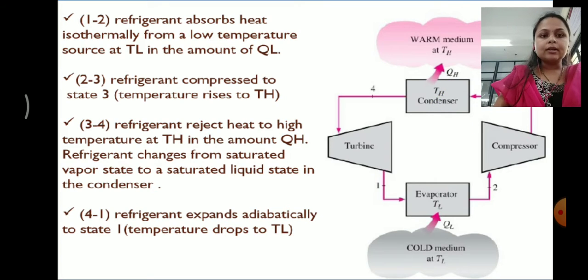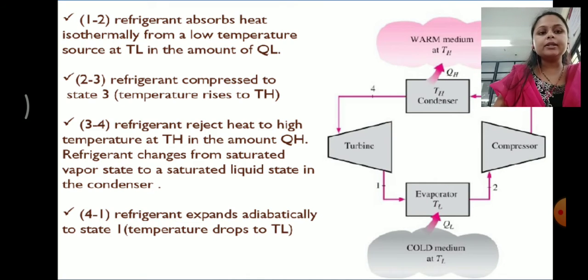In the condenser, what happens? Refrigerant rejects heat in the form of QH to the surrounding. And here the refrigerant changes from the saturated vapor state to the saturated liquid state in the condenser. Means what happens in the condenser? Condensation occurs: these high pressure and high temperature vapors get converted into liquid refrigerant. Means from the condenser, liquid refrigerant comes out having high temperature and high pressure, and this